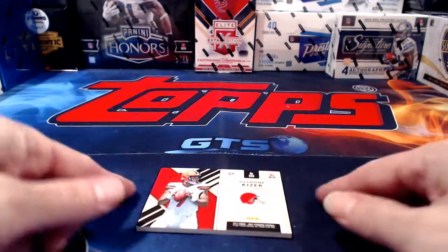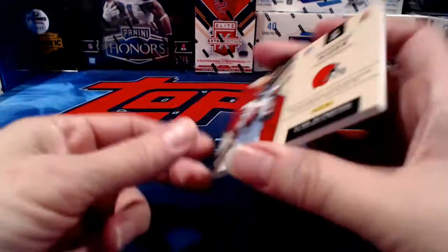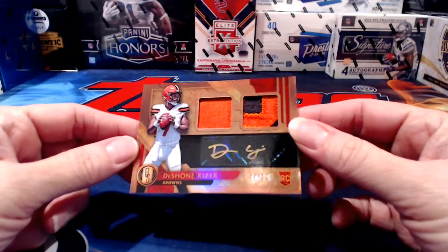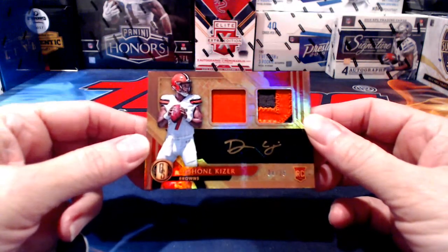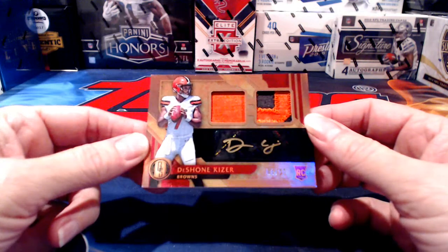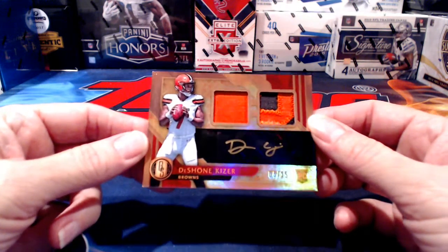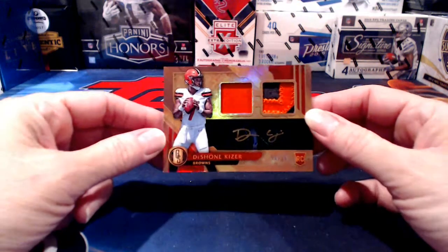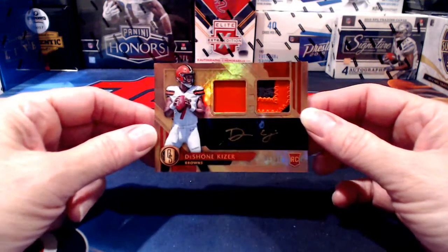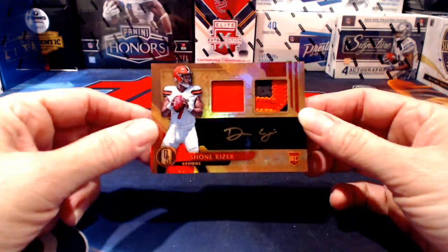Oh, this can make the Browns really happy. Look who it is. Deshaun Kaiser. Yeah, that is nice. Numbered to 25. We've got two pieces of material, one particularly nice. This is actually a sticker auto, but it doesn't really look like it because, of course, the sticker's clear. It's signed in gold on that pretty black background. That is a nice looking card. So, nice Deshaun Kaiser hit for the Browns